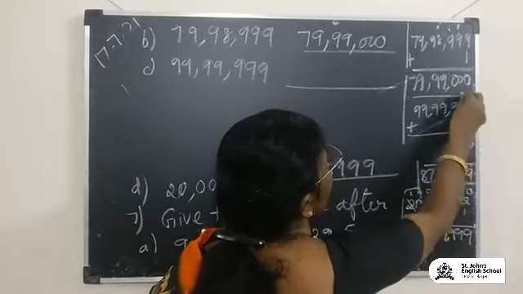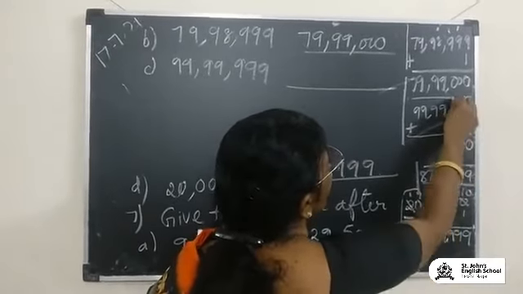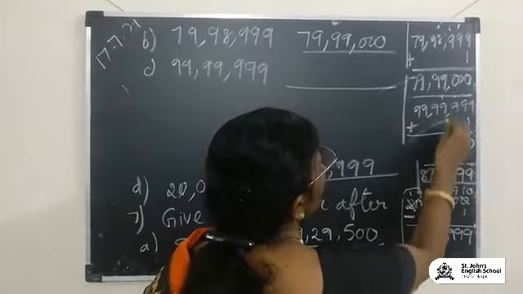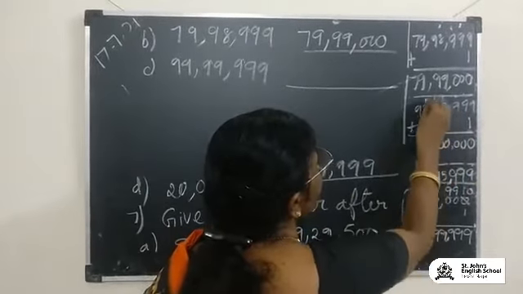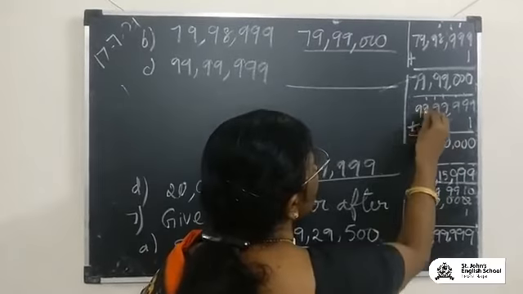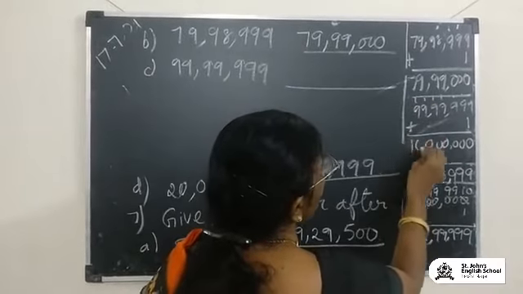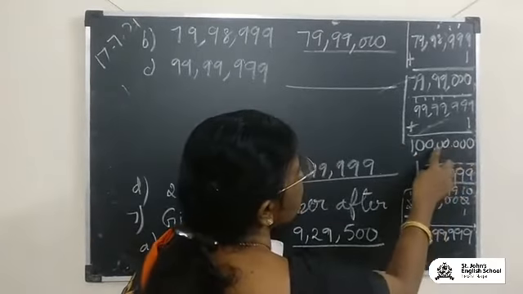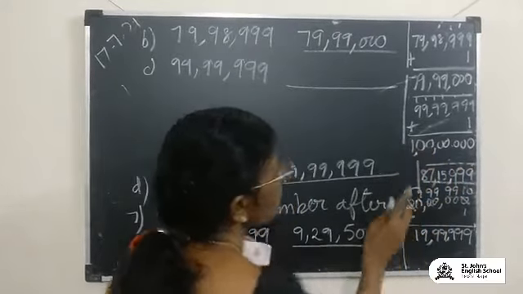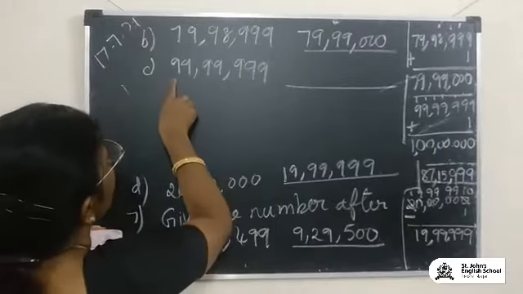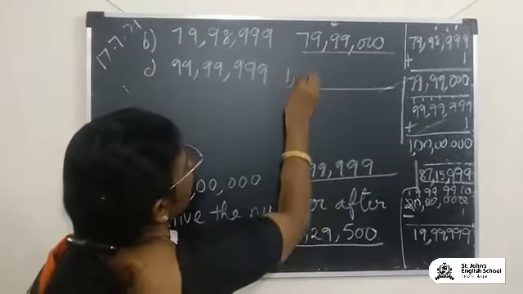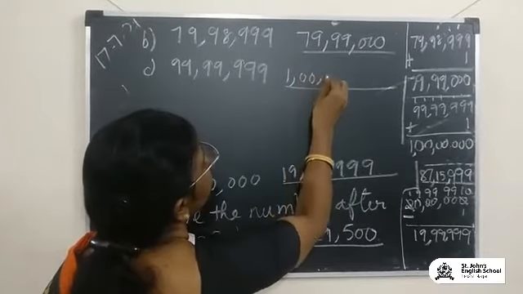9 plus 1, 10. Again, everywhere when you add 1 plus 9, it's going to be 10 and you will get the carryover. 1 plus 9, 10, 1 plus 9, 10, 1 plus 9, 10, and the last one 10, you will write fully. So it's going to be 1 tens 100, 1,000, 10,000, lakhs, 10 lakhs and crore. Okay, so after 99 lakhs 99,999, you will get the number 1 crore.